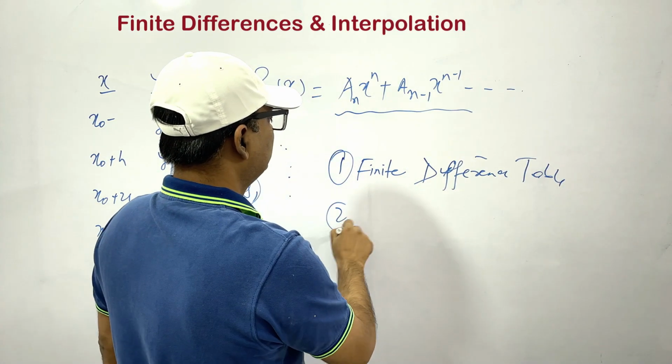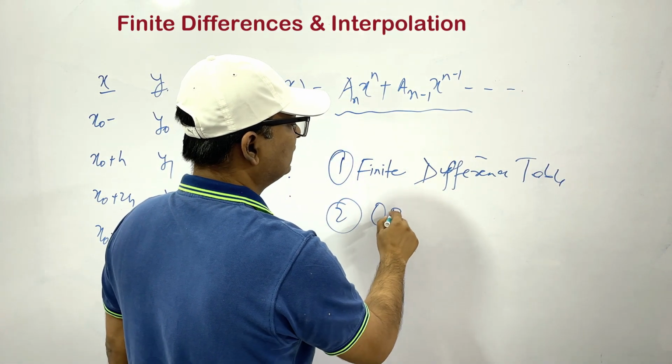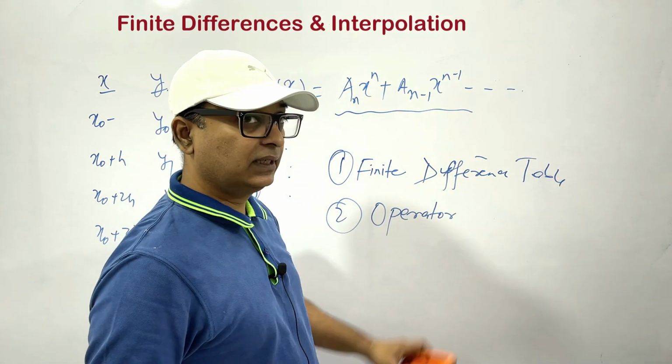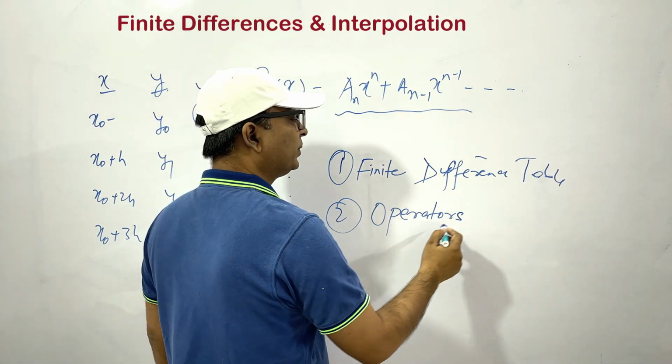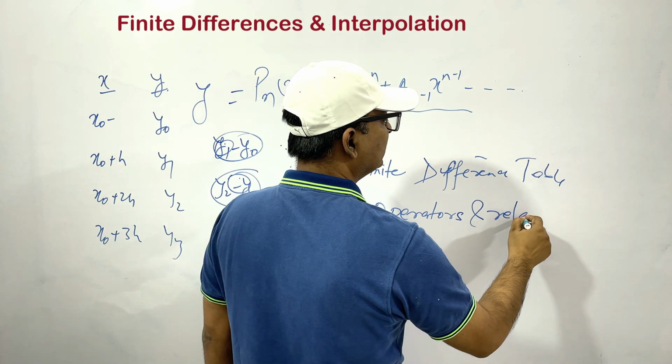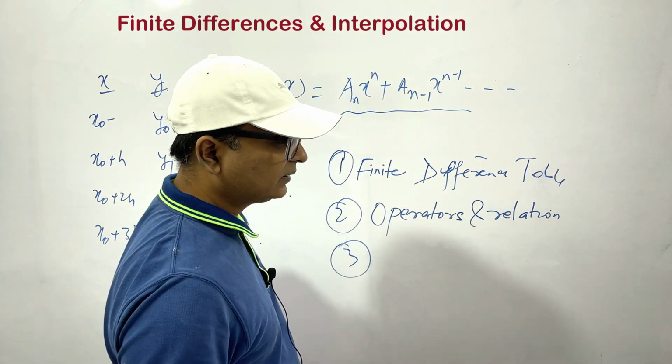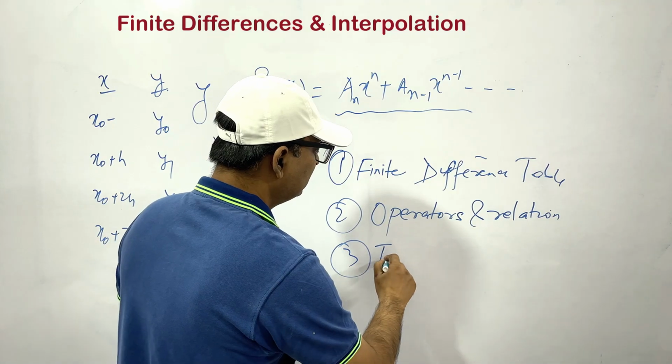Second step is there are operators by use of which we create finite difference table. So operators and their relations, we will understand this. And then finally we have several techniques